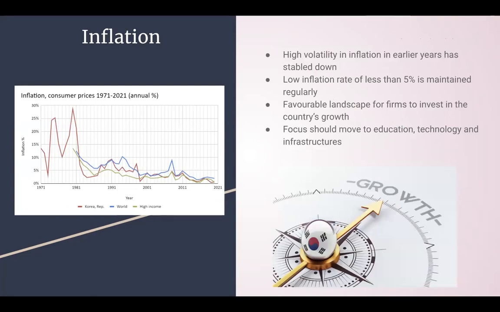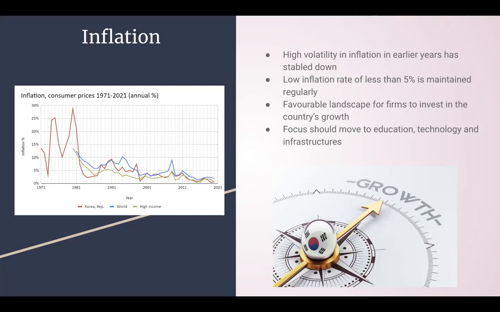Now let's talk about South Korea's inflation rates. As we can see from the graph, since the early 1980s, like most of the rest of the world, South Korea has had an inflation rate of less than 10%. While there has been a gradual decrease in the rate of inflation, this again is something that has been seen